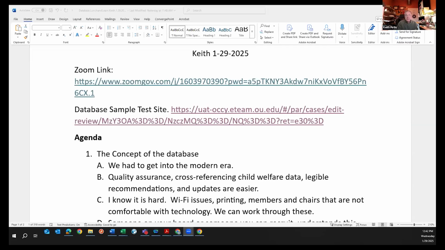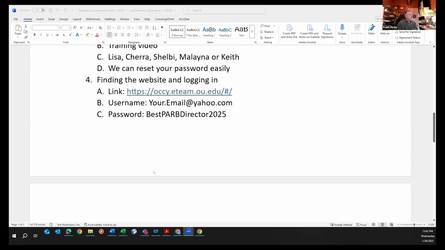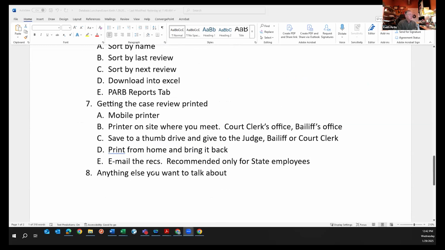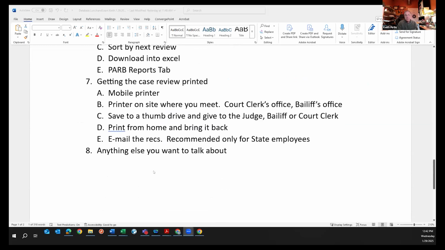Let me go back to my Word document here. And if you know me, you know I really like to play with Excel spreadsheets. I can show you all kinds of tricks on Excel that I think make life easier. Once you put something in a database, you can manipulate it a lot. And so that should help you figure out things too. So again, that's one reason once they're in the database, we can pretty much sort by that.